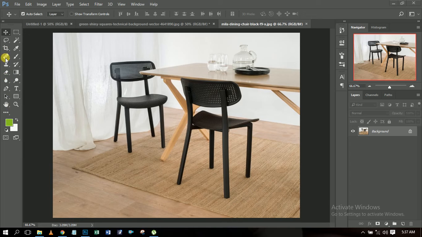Now there are so many tools that you can use, and you might actually have a good knowledge of all of them, but you realize that not all of them are going to be used throughout your designing career or when you'll be creating designs. So